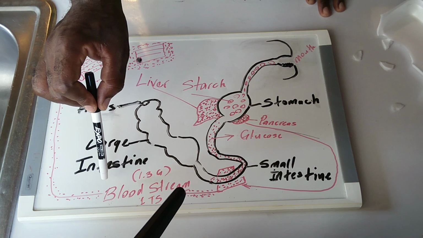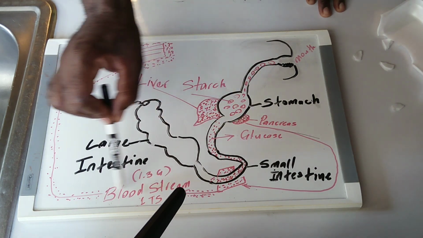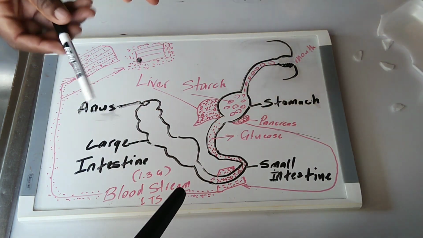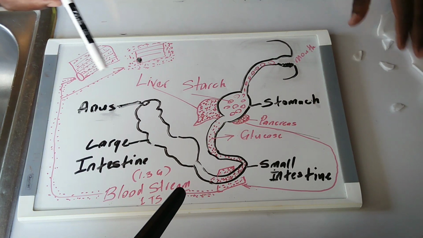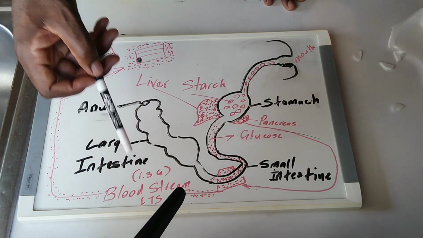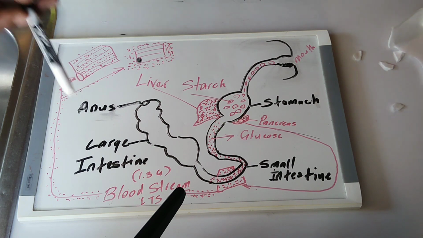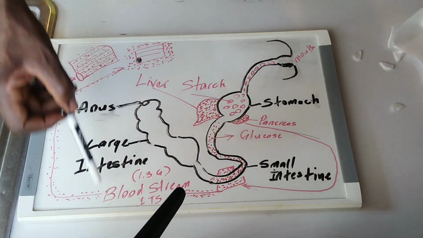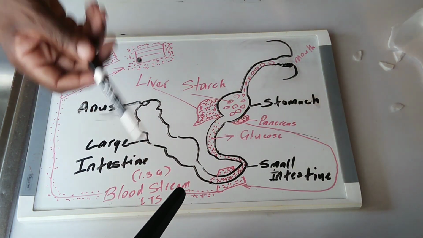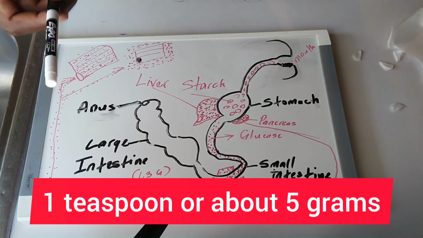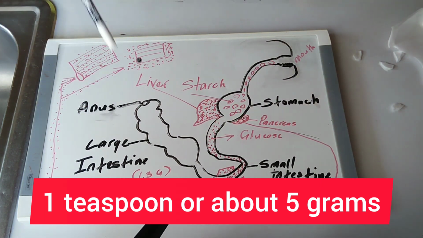Right? And I also said that this is the bloodstream. And by the way, let me just go through this. A mature human being has around 1.3 gallons of blood. Alright? Let's say that again. A mature human being has about 1.3 gallons of blood. That is all the blood in your body. And in that whole 1.3 gallons is only 1 teaspoon.